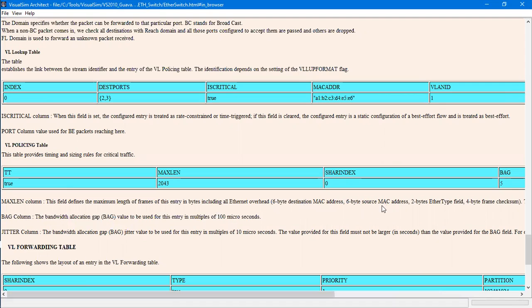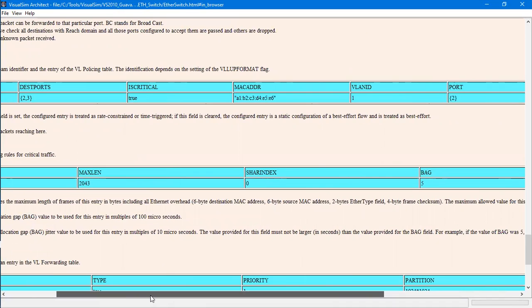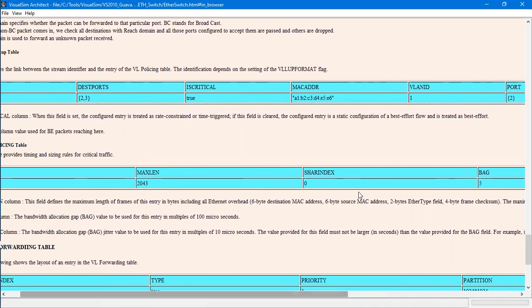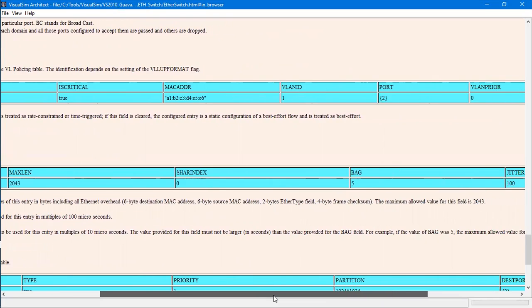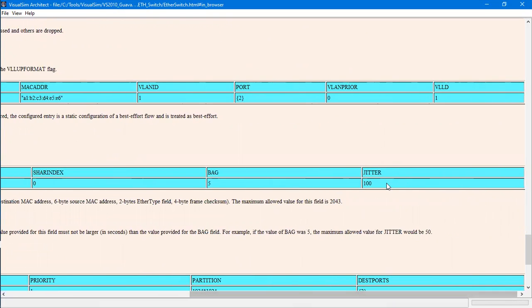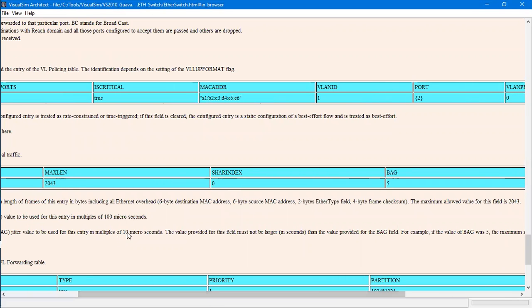The entry value is 5, but it is taken in 100 microseconds. So we have to multiply the 5 with 100 microseconds, and the BAG will be 500 microseconds. Then the jitter is calculated with a multiplier of 10 microseconds.